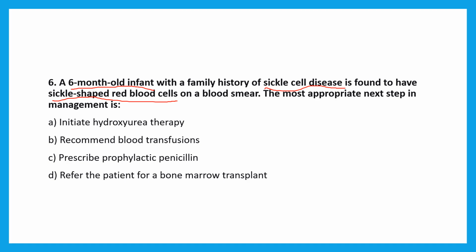Next step, after confirming that it's sickle-shaped red blood cell, what do we do? So A, initiate hydroxyurea therapy. B, recommend blood transfusions. C, prescribe prophylactic penicillin. D, refer the patient for a bone marrow transplant. Actually, the correct answer here is